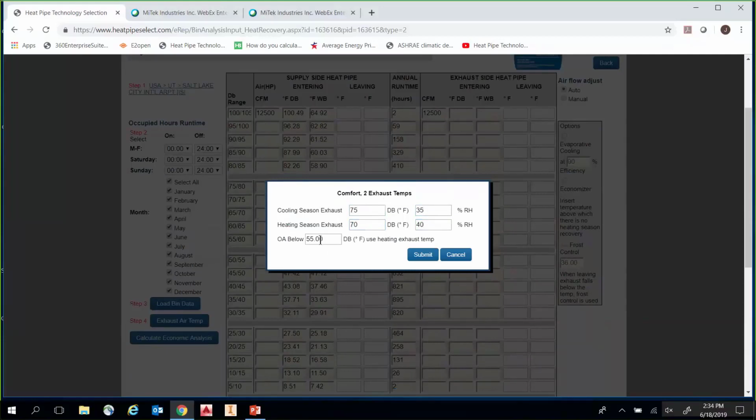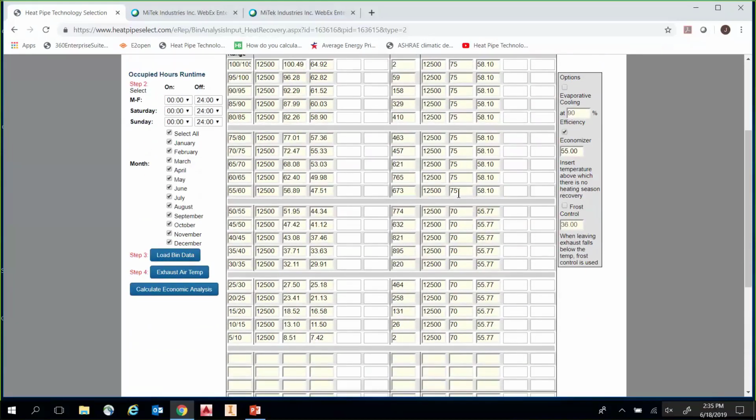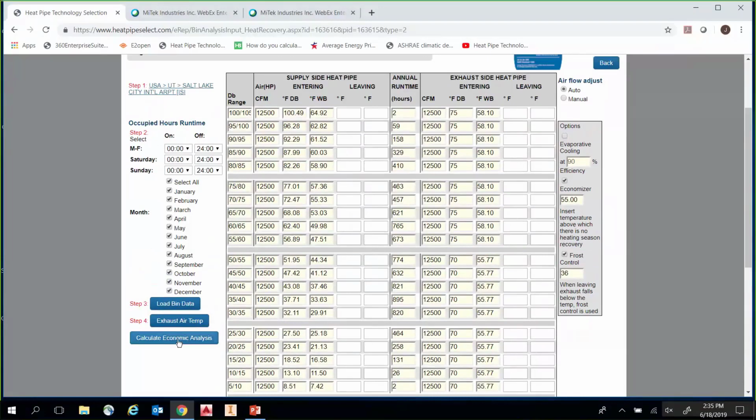And one thing you can do is set a temperature at which, when the outside air falls below that temperature, it's going to change over to the heating exhaust temperature that you just input. So in this case, I'll do 55 degrees, pretty common. Click submit, and you can see here on the right-hand side how the exhaust temperatures get updated, and they change depending on what mode you're in. Over here on the right-hand side, we have some additional options: Economizer Mode, if you want to take that into account, and also frost control. So I'm going to select that, and we're taking into account, again, Economizer and frost control. If all that looks good, we click Calculate Economic Analysis,